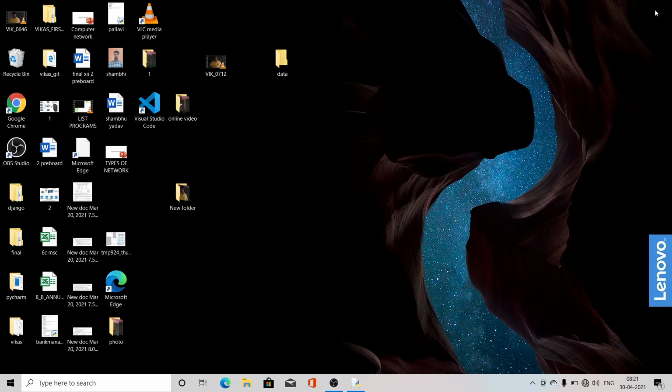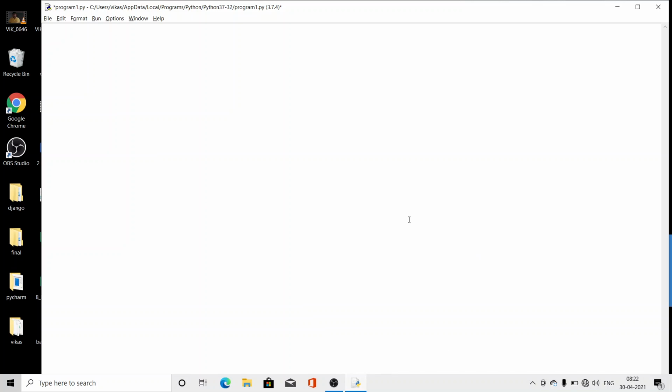What functions does the list have? We will see all this today. Before going to see the functions, we have to see about the slices of the list.